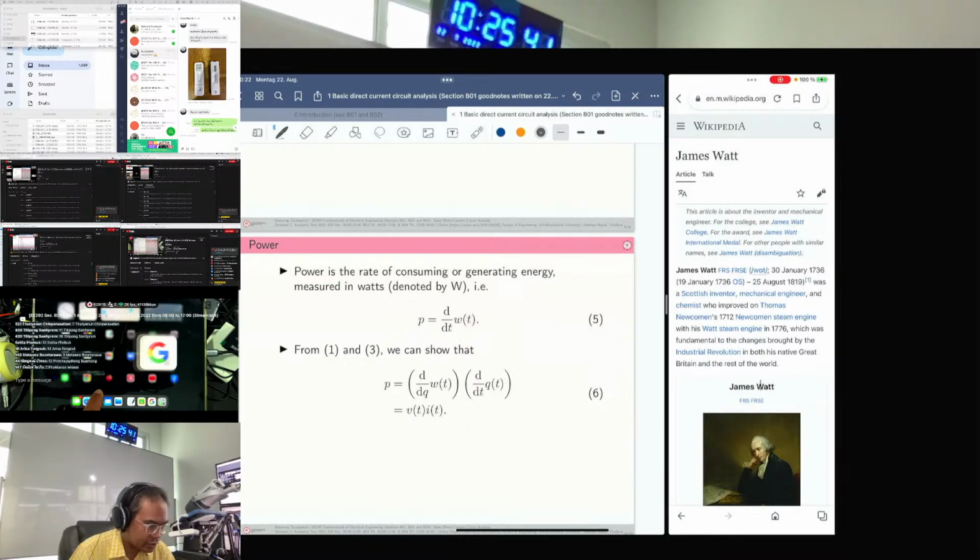James Watt, we use watt as the unit of joule per second. Joule per second takes quite a long time. Once James Watt passed away, we use his surname to denote joule per second. It's called watt now. And if you use the chain rule in calculus in EE111, if you can remember that